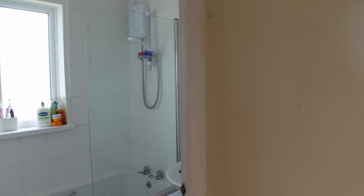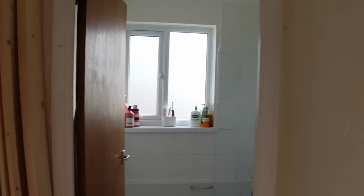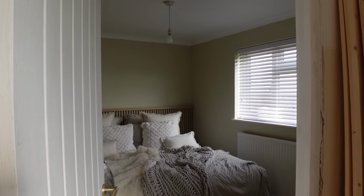We do have someone starting the work on that very soon, which is super exciting, because like I say, it is the final room where people go up to the bathroom and I'm like, sorry, it still looks like it's from the 1950s, like that has not been done yet. But then coming around from the bathroom, we have what is now our bedroom, and I am in love with